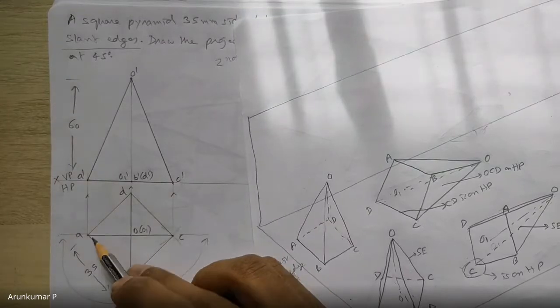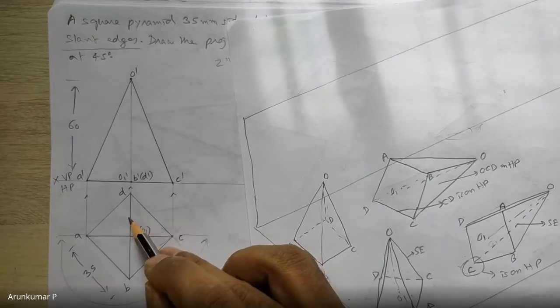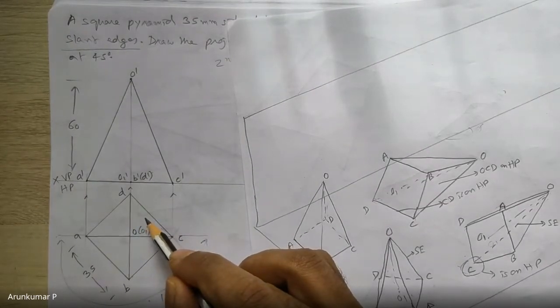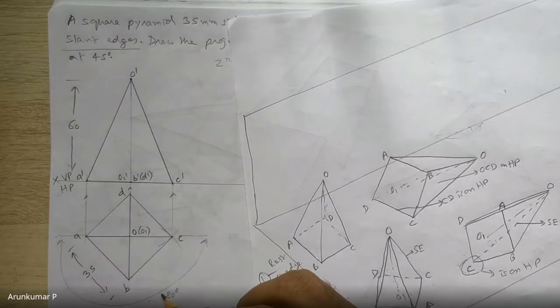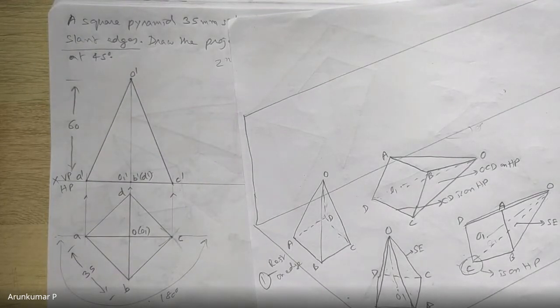There are two, OAB and OBC. The other two triangular faces are behind. You won't be able to see them. Why I have taken 180 degrees is because 180 degrees is generally the line of sight, or maybe slightly less than that, that an observer is going to see. If you just look in front of you, you may be able to see to your left and to your right and in the front. So it is almost like you are covering a 180-degree area. That is your field of view. The 180 degrees behind you, you are not able to see. So with that logic, we are going ahead.